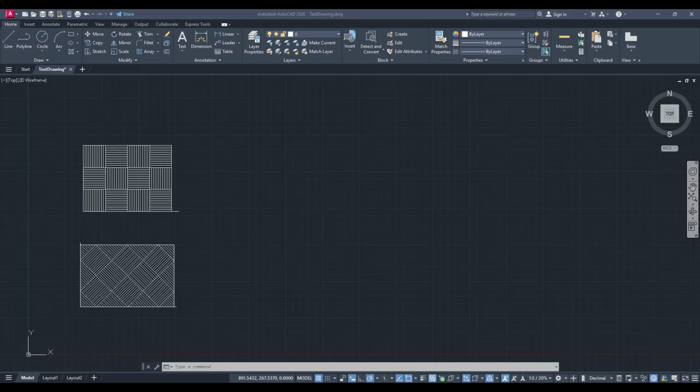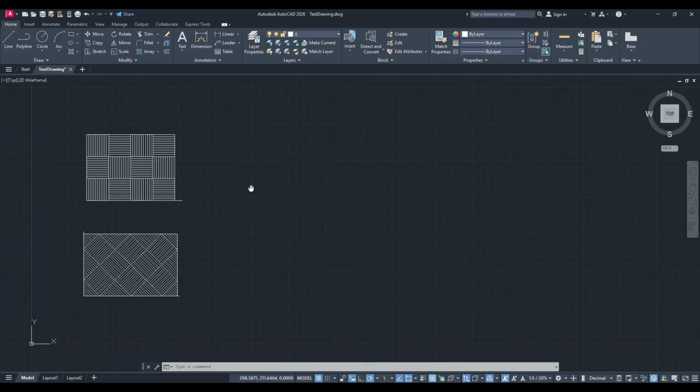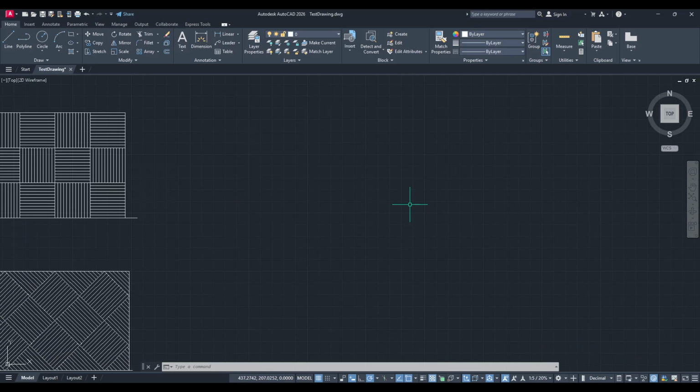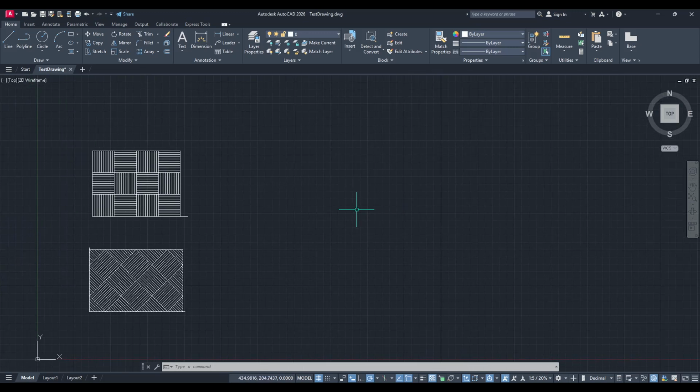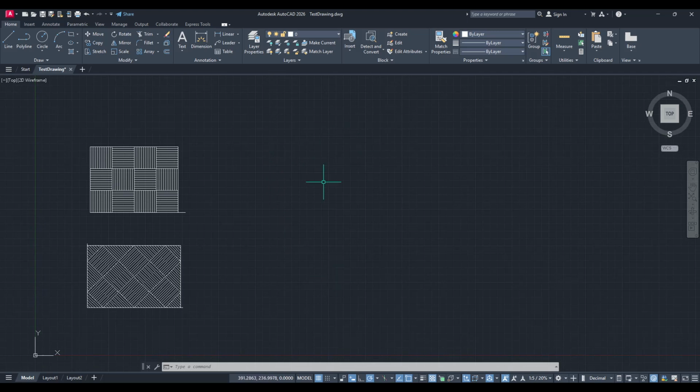In today's video, I'm going to teach you how to insert a block library in AutoCAD. Before we dive in, let's make sure you have AutoCAD open and ready to go. Now, let's get started with inserting a block library in your AutoCAD workspace, which can greatly enhance your workflow and